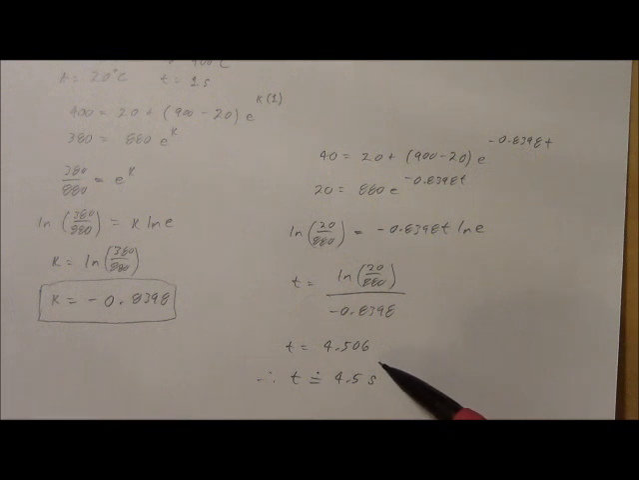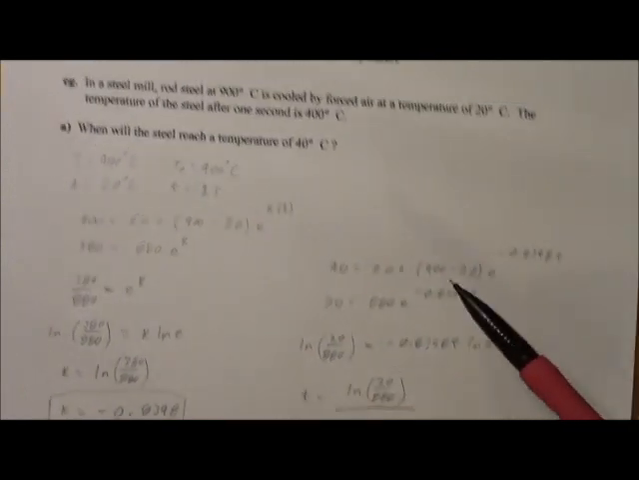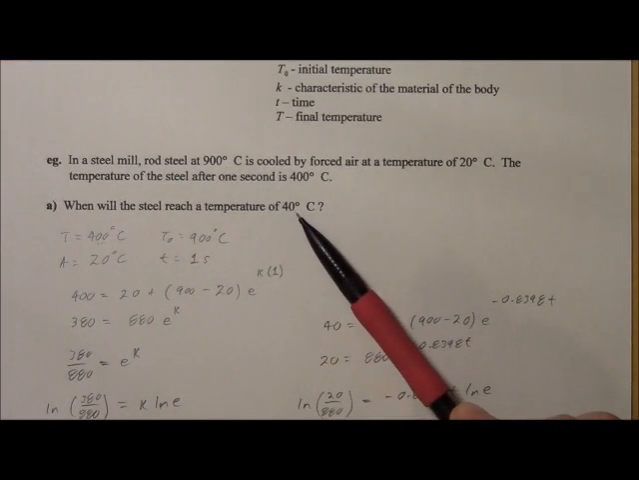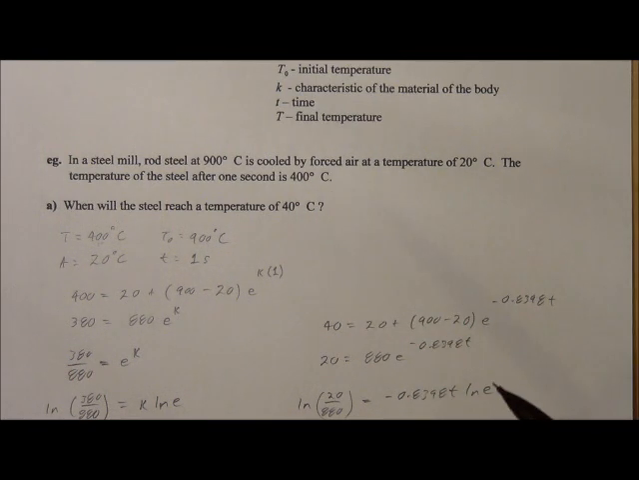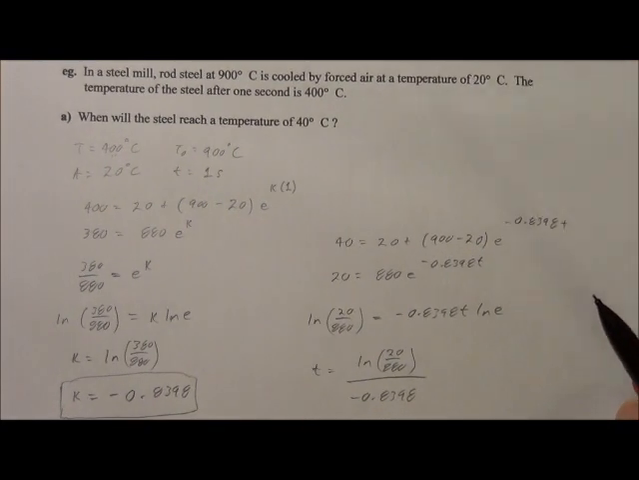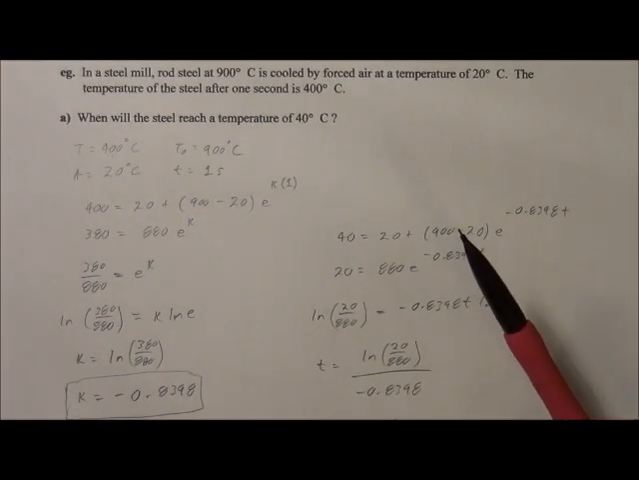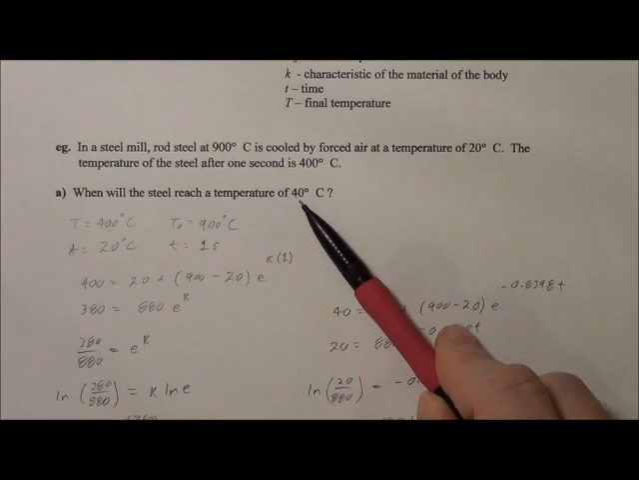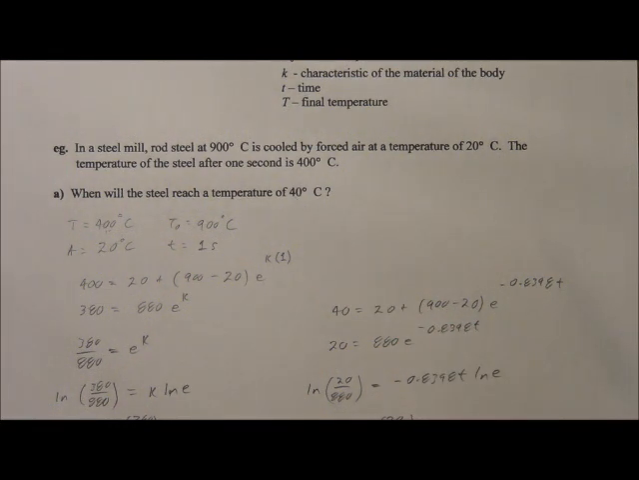Okay, so that is the time it takes steel that starts out at 900 degrees Celsius to cool down to 40 degrees Celsius. So if you really wanted to touch some wrought steel that's fresh out of the foundry, you would only really have to wait for 4.5 seconds before it was cool enough to touch without burning your hand off. So that's not too long to wait. Now let's use some of this information